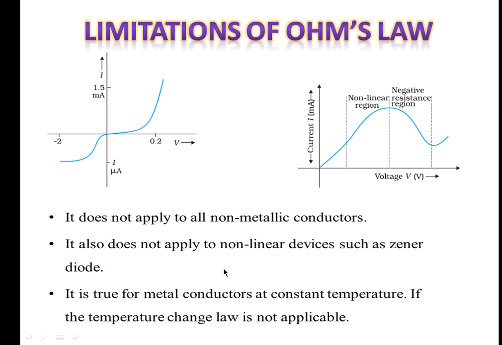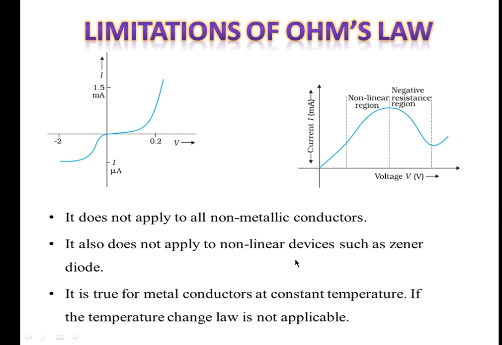Semiconductors are the materials which do not have a conducting nature at room temperature. So when the temperature of the semiconducting materials increases, the electrons will gain more energy, so that the valence electrons of the material will start moving. They are now called free electrons, like the conductors we have, right? When the temperature increases, in general the resistance will increase because the random movement of the electrons will increase. But in semiconductors, when the temperature increases, the higher temperatures are only allowing the electrons to get into motion from their bound state. So the temperature increase will increase the conductivity over here, which is not applicable to Ohm's